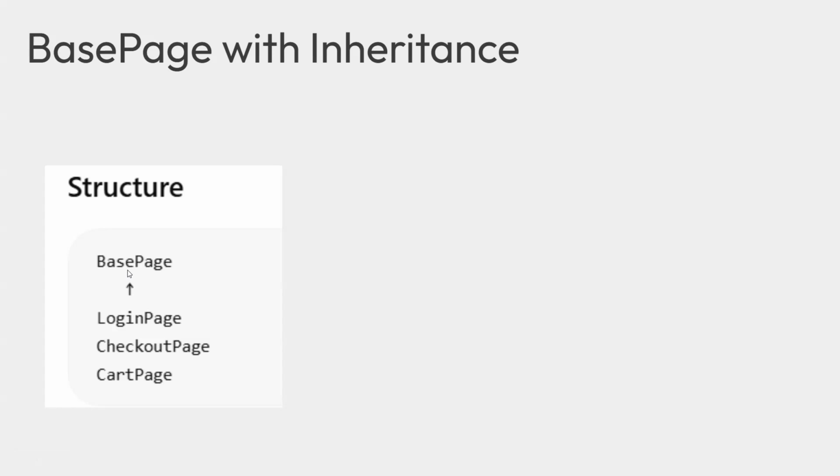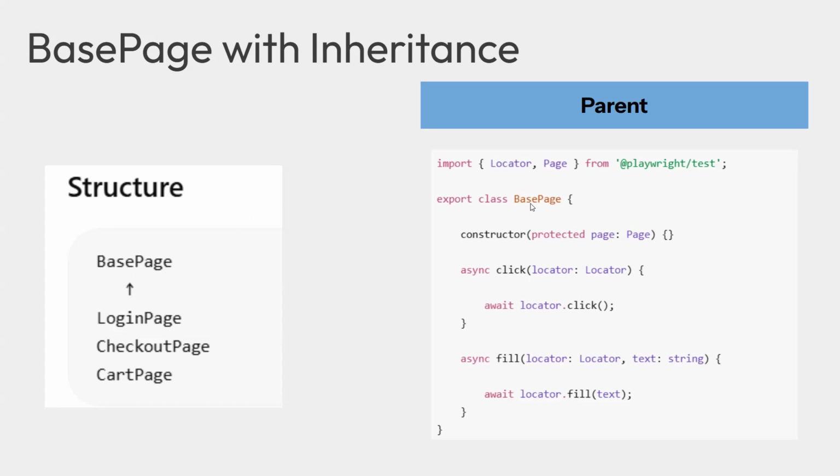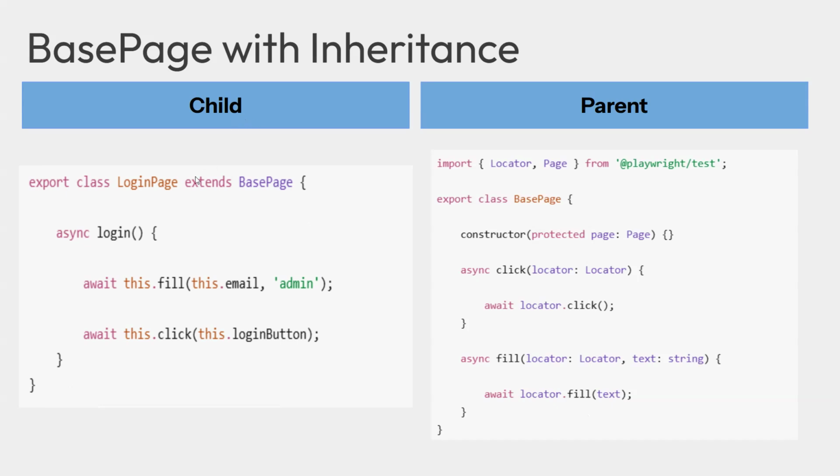Let's understand this in real time. So base page is your parent class, and it has all the methods of UI interaction. It could be clicking, filling, wait, enabled. Everything will go into this base page, and then we can have our pages as the child to the base page. I'm using extends, which means it is child to the base page. And now I can readily use the method fill, which is coming from here, or click again, which is coming from the parent class. So simple inheritance we can use to create the UI utility.